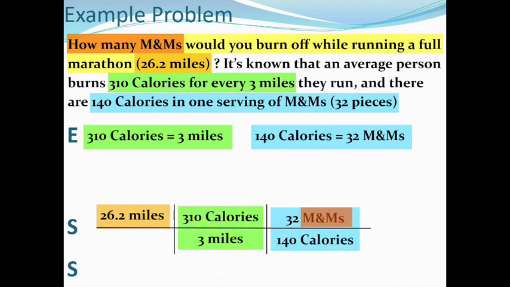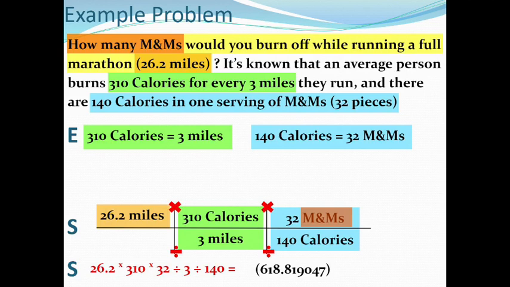Go ahead and put it in the calculator. And the way we put it in the calculator is by multiplying all of the numbers that are on top of this big long fraction line. So the units have canceled, but those numbers are still there. We haven't canceled out the numbers. So you can put this all into your calculator all at once. 26.2 times 310. Don't push enter, just keep going. Times 32 divided by 3 divided by 140. And then push enter at the very end. And that should get you